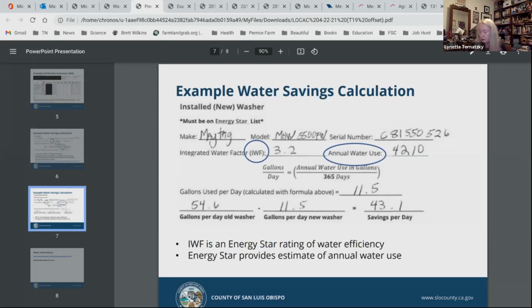Patrick, the water use of a washing machine is a function of the efficiency and the consumption pattern. So if we're adjusting these to update to reflect the most accurate consumption pattern, this would need some sort of adjustment factor to account for Los Osos, how their consumption rate differs from the national average.